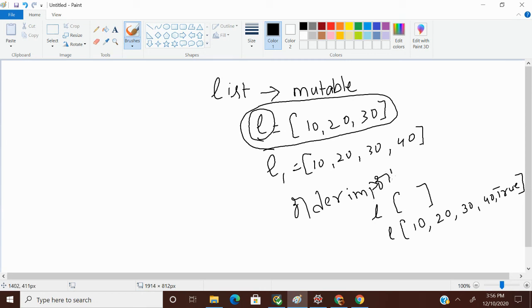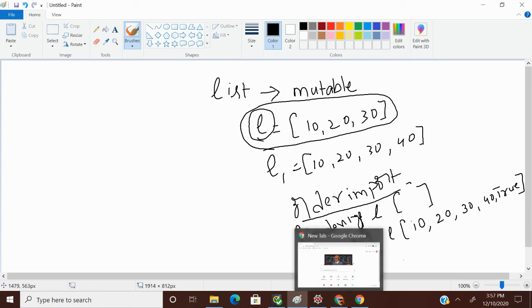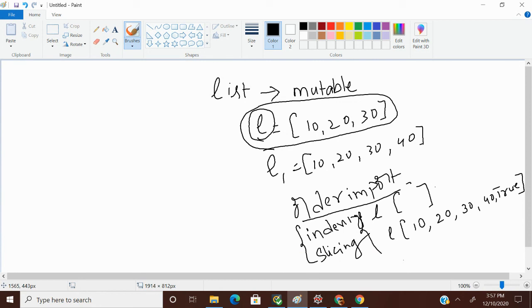If order is important, then we can go for indexing and slicing. If order is important, indexing and slicing will be applicable. If order is not important, then indexing and slicing are not applicable. Since order is important in a list, indexing and slicing are applicable.